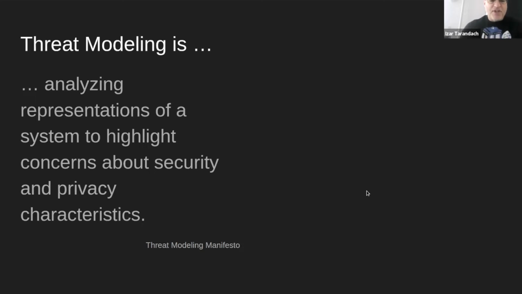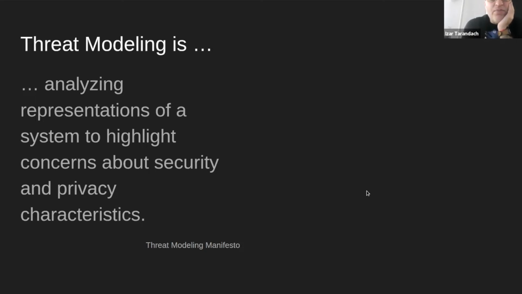So we came up with this very concise definition, which basically embraced what everybody thought at the time. The important things to take away here are that we are talking about representations, plural, not only one, like many different ways of representing a system.